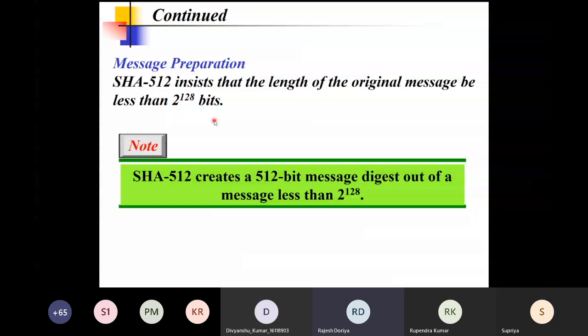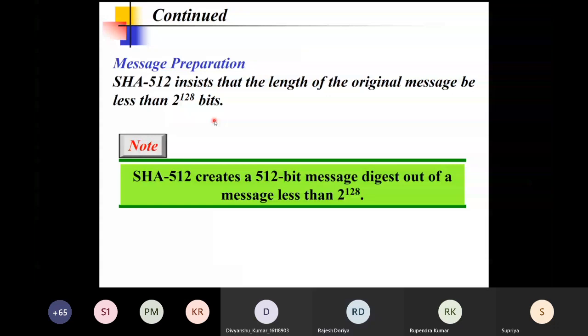Even if you just try to pass this message over a network, you have to have a very good network. And at present, the bandwidth of the network which we have is not able to accommodate 2 to the power 64 bits. So this is a quite big number. So there is no need to worry. Even as of now, all the quite big messages can use SHA-512 in order to create the hash values.